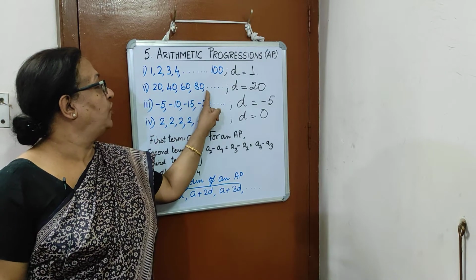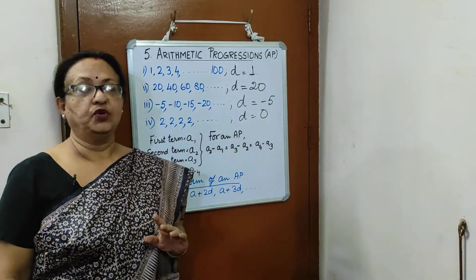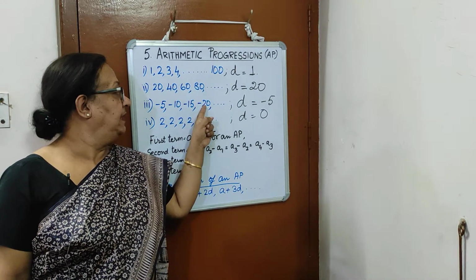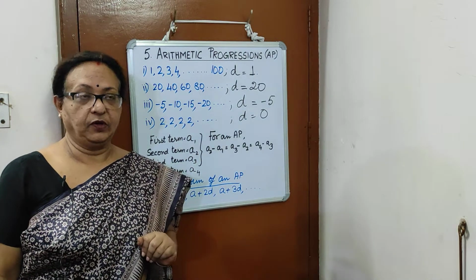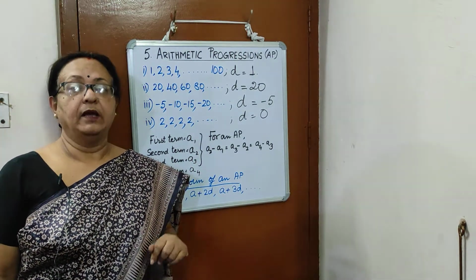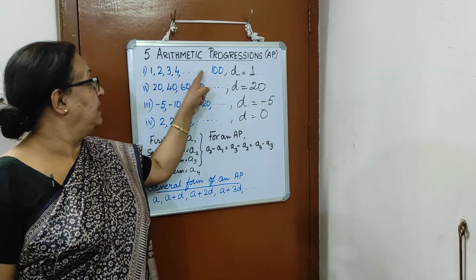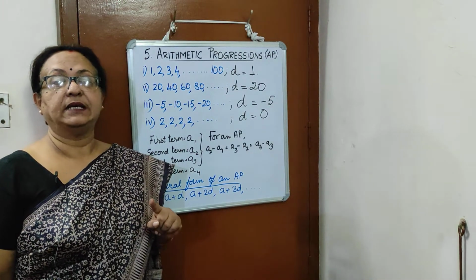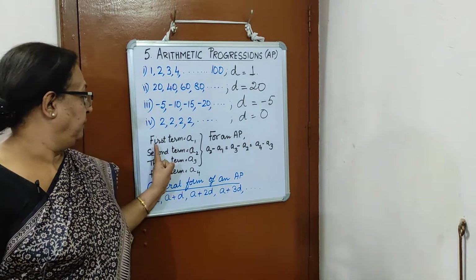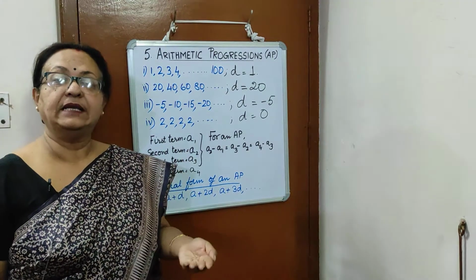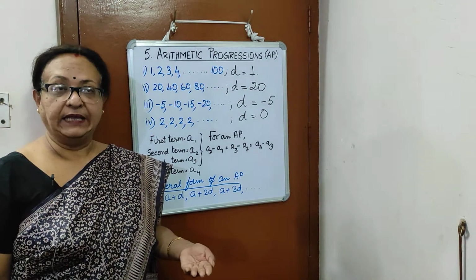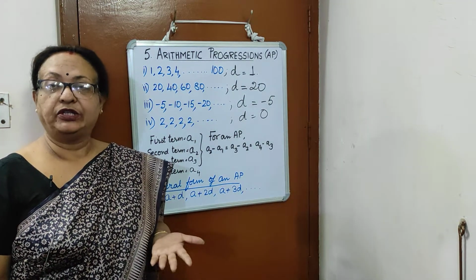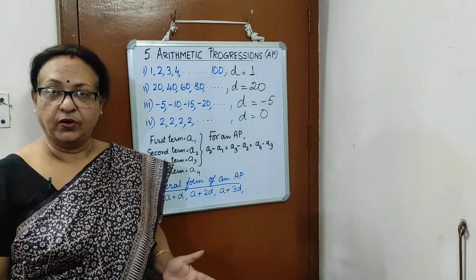Second one, you can see dot dot dot, that it is going on, you do not know the last number. So this is an infinite AP. Similarly, infinite and so on. Okay, so this is an AP. Now each number in a sequence, we call it a term. Generally, the first term is denoted by A1. So similarly, the second term is A2, third term is A3, fourth term is A4, 10th term will be A10, 100th term will be A100, and so on.